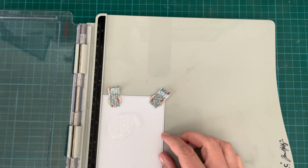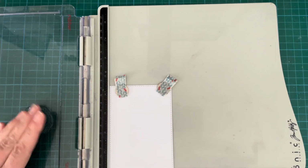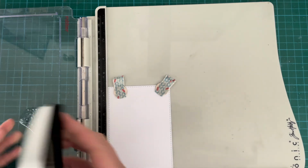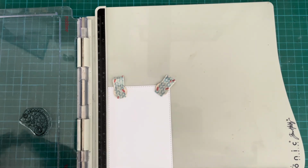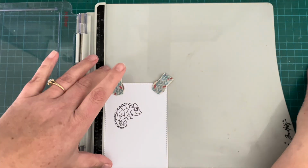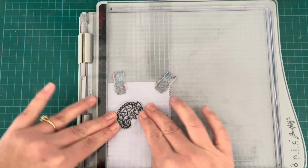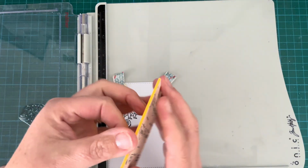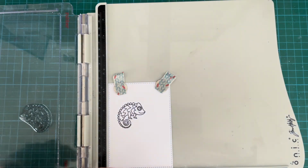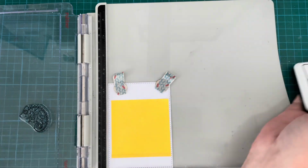And I'm stamping out my little chameleon here. So I have chosen the one that kind of looks like he has stripes going all the way down his back. I am stamping it out with some alcohol-friendly ink. And I'm going to stamp it a couple of times to get a nice crisp clear impression, and once I have done that I am also going to stamp it out onto a mask. So I have a full stick post-it note here and I'm just going to stamp it down again on that,